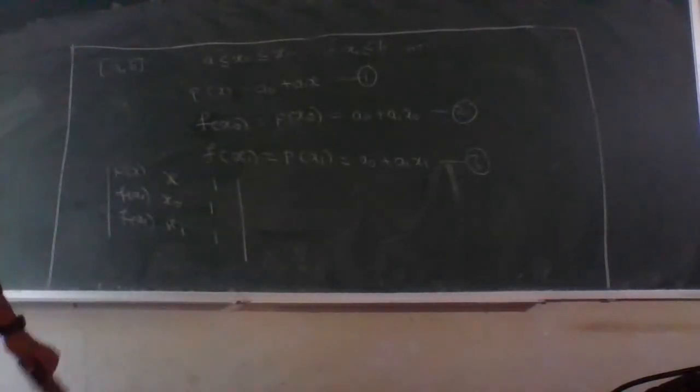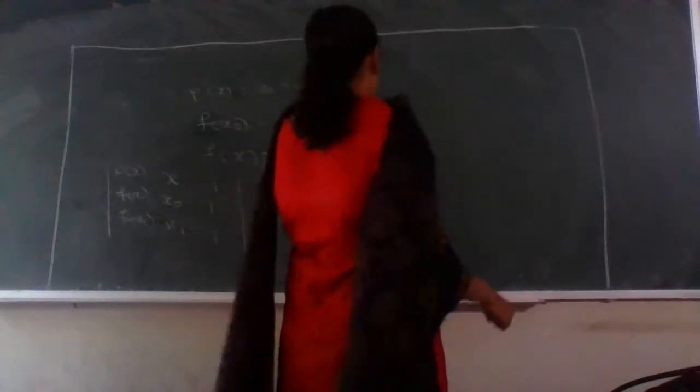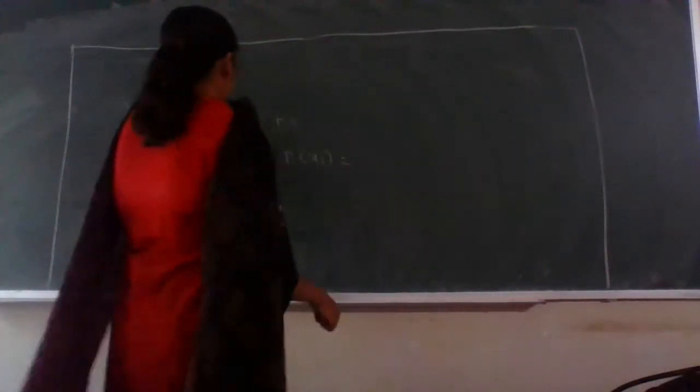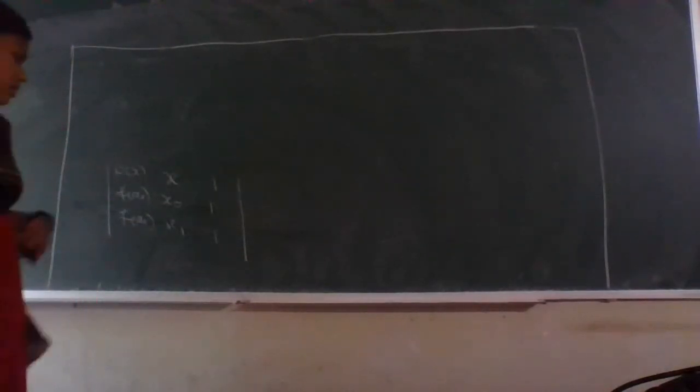Correct. Now we have to solve this determinant so that we can find the values of a naught and a1. And if we are able to find the values of a naught and a1, then you can generalize the concept for an nth degree polynomial. Here we are solving for a linear polynomial, that is a naught plus a1x. So what we have here is p of x, x, 1; f of x naught, x naught, 1; f of x1, x1, 1.